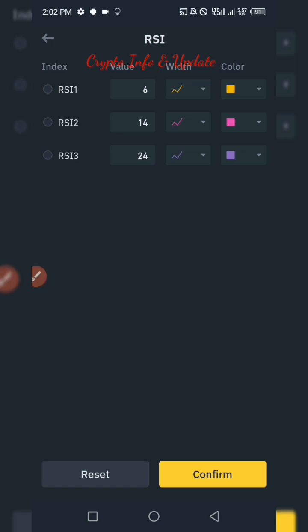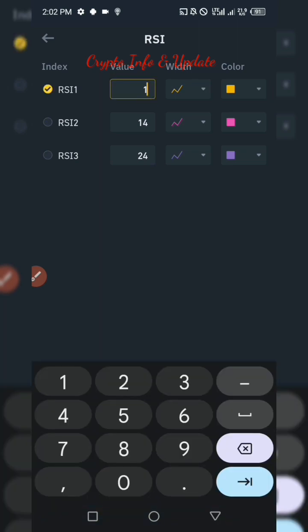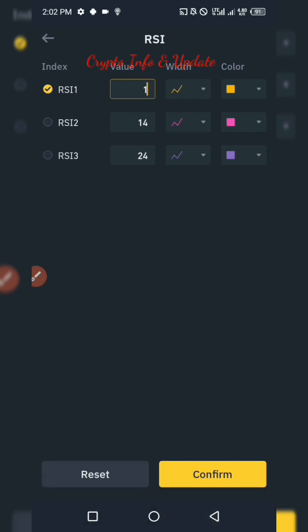Good. Now change this figure here. Just change it to, that's 6. Change it to 1. Okay? And leave it. Then for this one, you still have to uncheck it. All right. But for RSI 2,